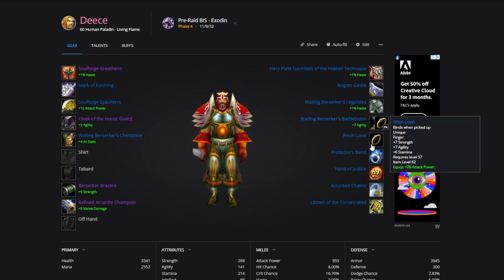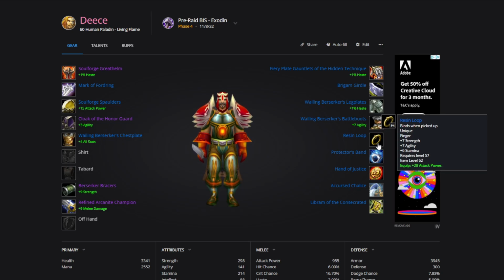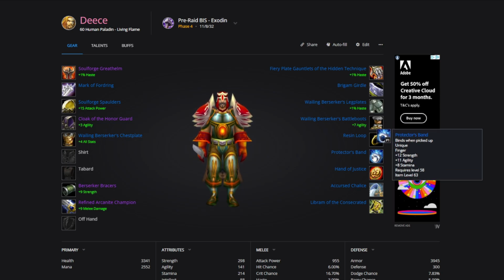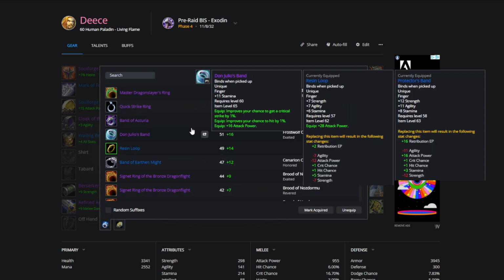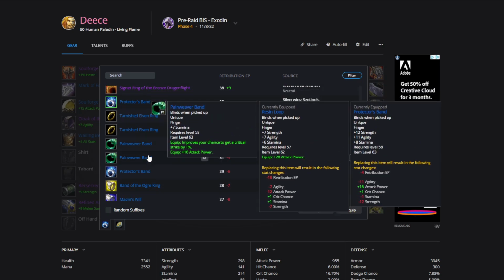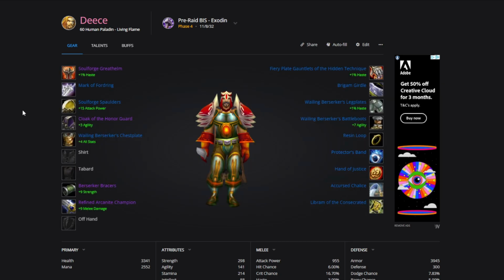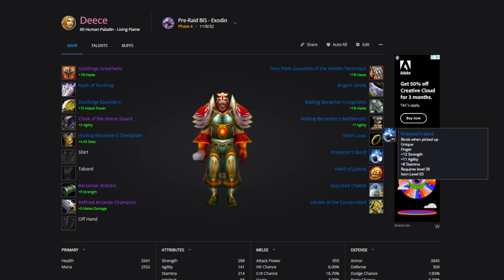The best pair of Pre-Bis rings we'll be aiming to grab will be the Resin Loop from the new Demon Fall Canyon dungeon and the Protector's Band from being revered with Warsong Gulch. Alternatively, if you're not revered, you could get the Painweaver Band from General Drakisaf in the Upper Blackrock Spire. There are a ton of hit options for the ring slots if you're missing hit, but with getting 3% hit from talents, you likely won't need to grab any hit rings, so you should definitely aim for the Resin